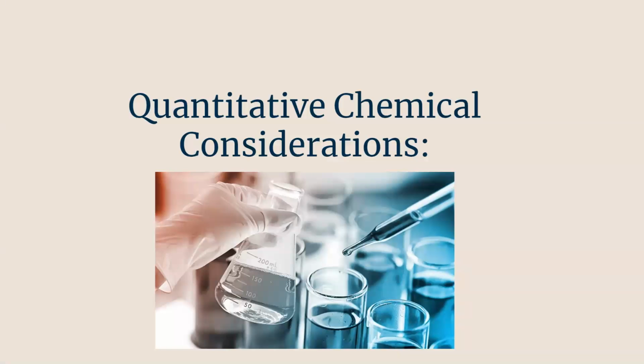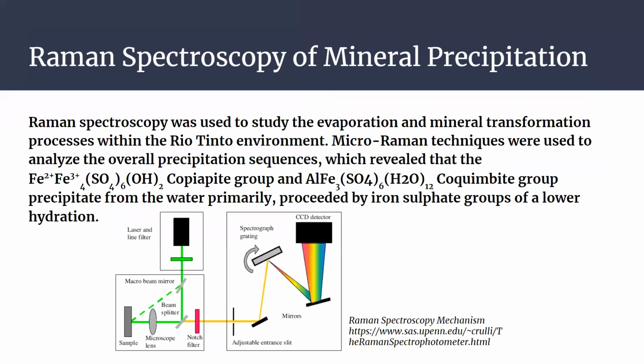And now the quantitative chemical considerations for this. So Raman spectroscopy of mineral precipitation. Raman spectroscopy was used to study the evaporation and mineral transformation processes within the Rio Tinto environment. Micro-Raman techniques were used to analyze overall precipitate sequences, which revealed that the copiapite group with the iron ions and the sulphate and the coquimbite group, I'm not sure how to pronounce that, precipitate